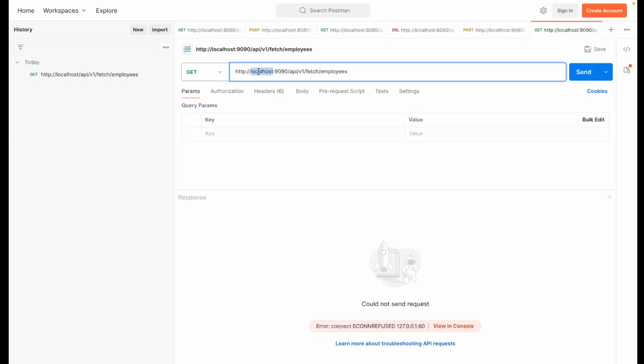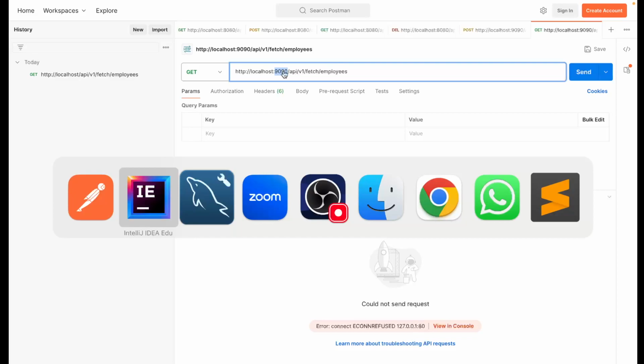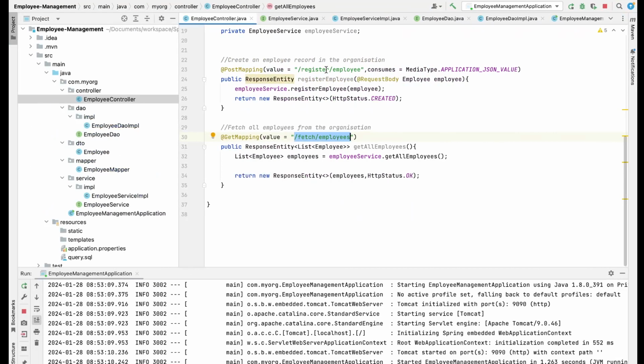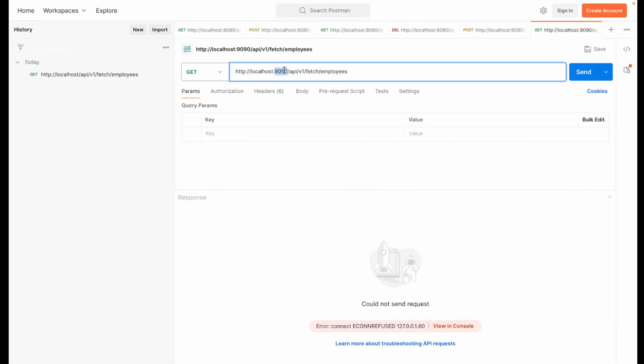HTTP, then the IP. Our server is running on local. That is why we have provided the IP as localhost, and our application is running on this port 9090. This we had specified in the application.properties file, right? So we would specify the port here. This is our base path, and this is the URL of